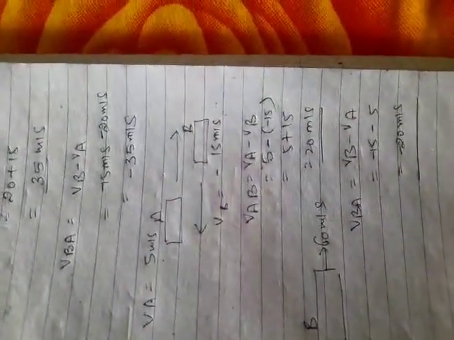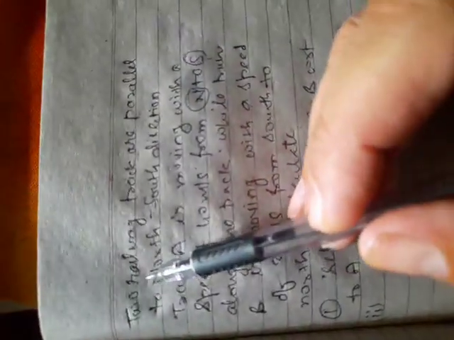Many problems I will discuss with you all. One statement I am going to discuss, listen carefully. This is the simple question. We can see two railway tracks are parallel, running north-south. One direction is north, the second is south. In this direction I am taking north, in this direction I am taking south. One track is in the direction of north, the second track in the direction of south, and both tracks are parallel to each other. So what will we do here? We will do a simple thing.